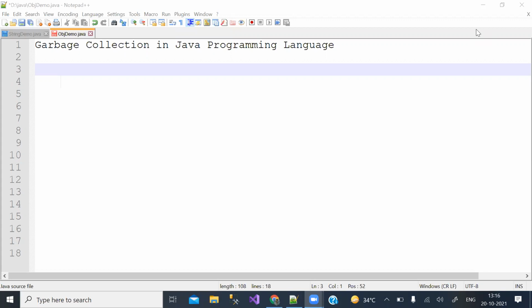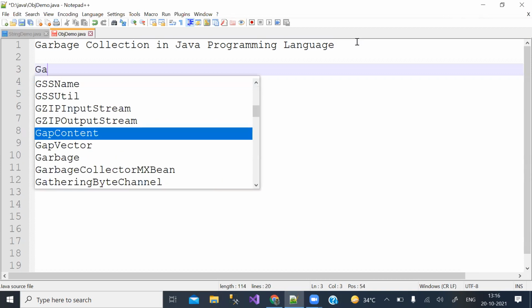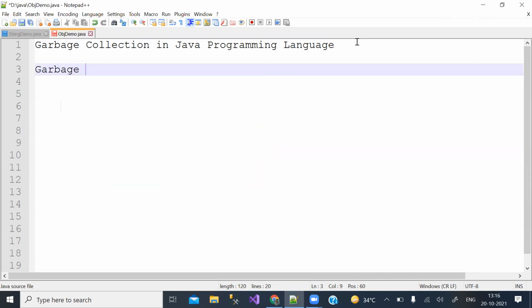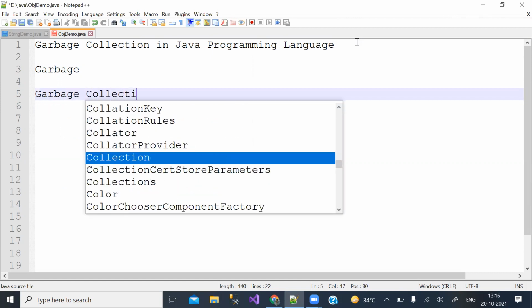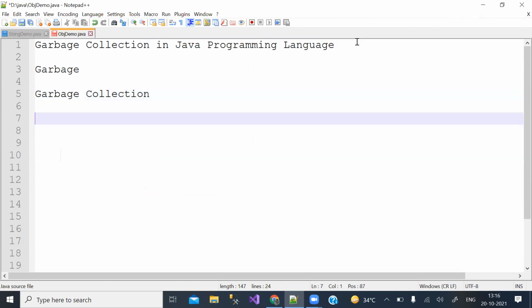Let us discuss first what is garbage, and what is garbage collection? What is to be done before garbage collection?